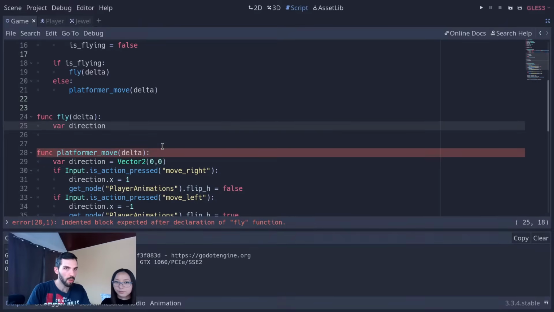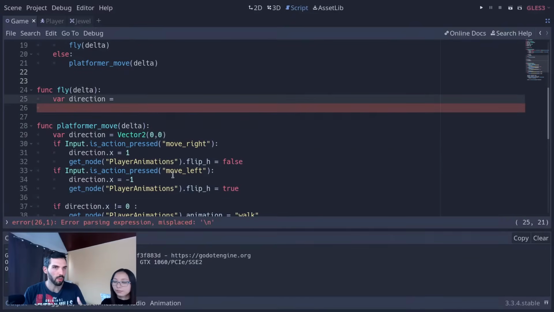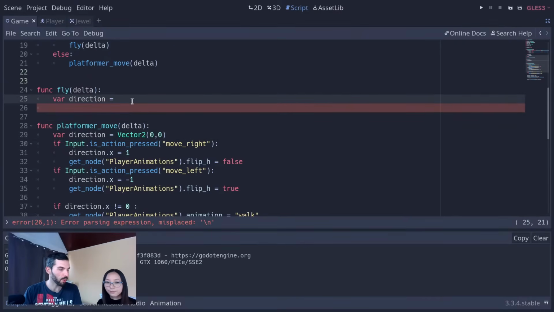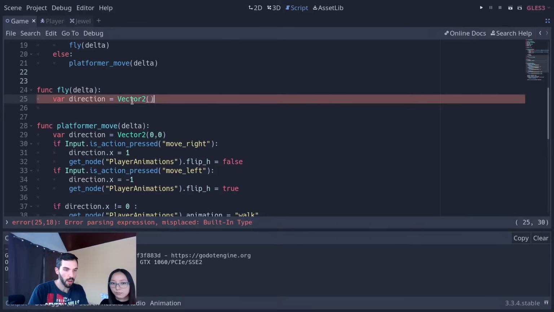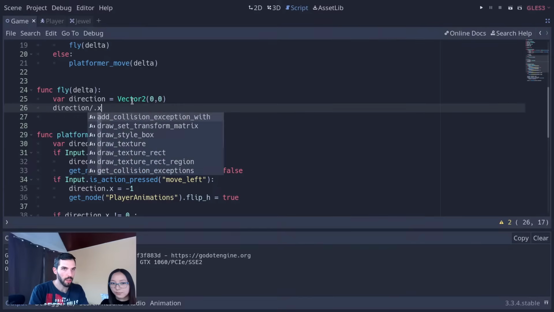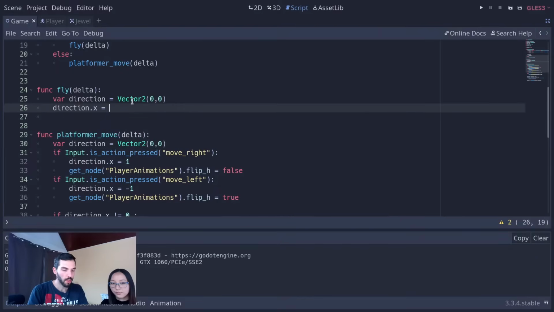I'm going to create another variable called direction. Note here, the direction is local to the platform and move function, so what I'm putting here is independent from the other function. This is going to be a Vector2 with a value of 0, 0. Now, we can calculate the thing like this. So direction.x is going to be equal to